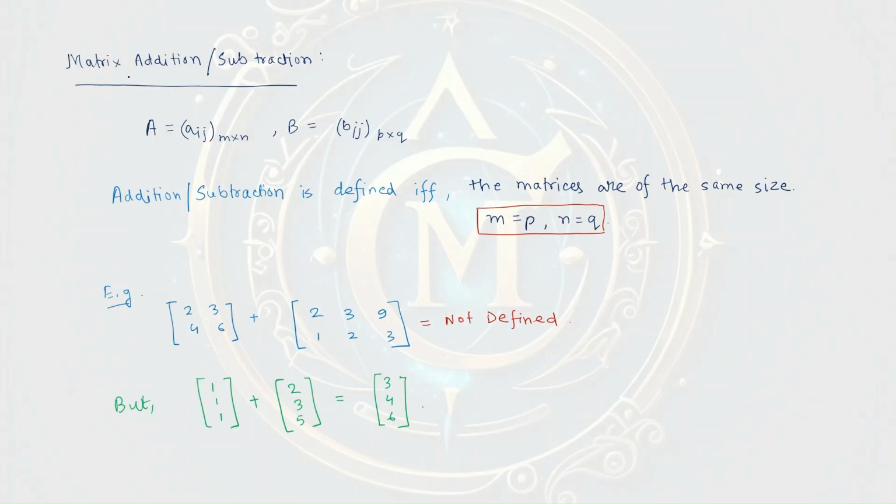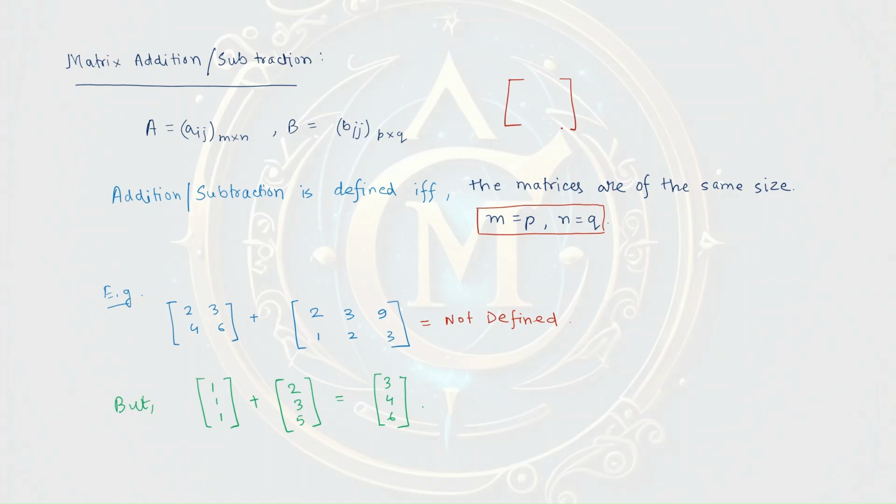Now this is the next topic, that is matrix addition or subtraction. If A and B are two matrices of order m by n and p by q, addition or subtraction is defined if and only if the matrices are of the same size. That means